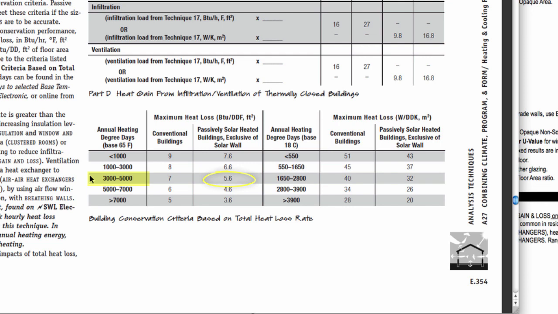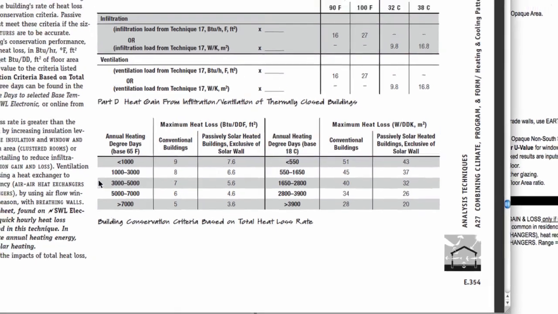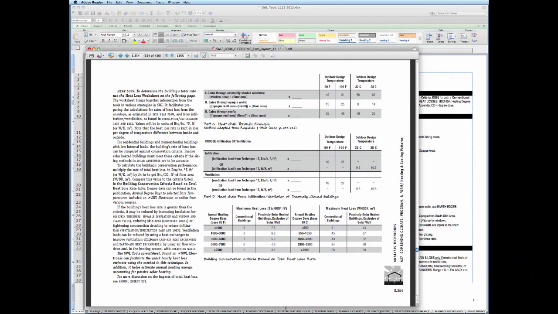Now the difference between these two in the heat loss rates is that the solar building does not include loss through the solar wall. The solar wall has a high proportion of solar aperture, and it's considered a net energy gainer. Now let's go back to the quick heat loss page,